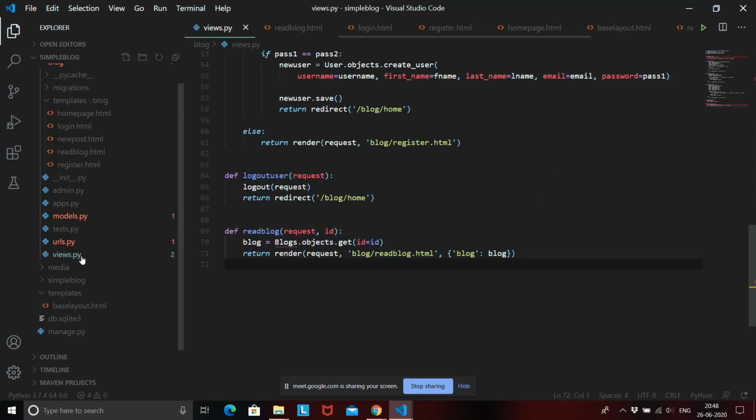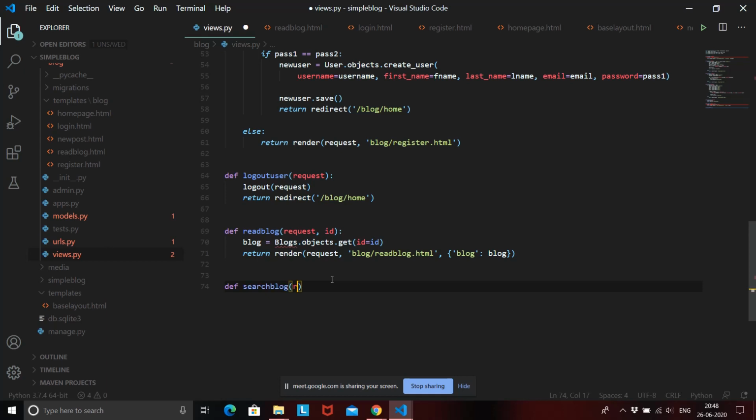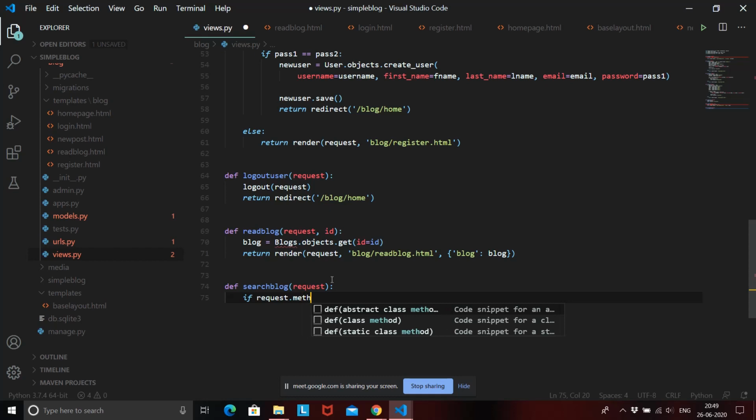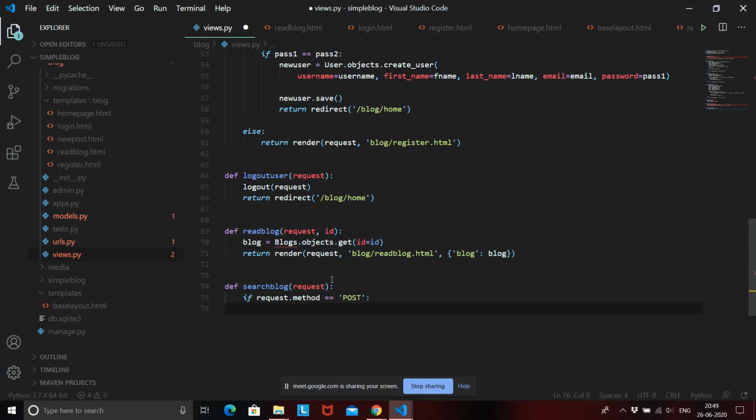Okay, once this function is imported, we need to create this function. So let's go back to the views.py file, and we need to create this function that will be define search blog, which will again handle a request. Currently we don't have any parameter inside our URL, so we will not be going into parameter. And now again we know that this form is posting to this URL, right? So we need to handle that post request. So we'll say if request.method equal post. So that means if something is posted to this URL, then this function will work, right?